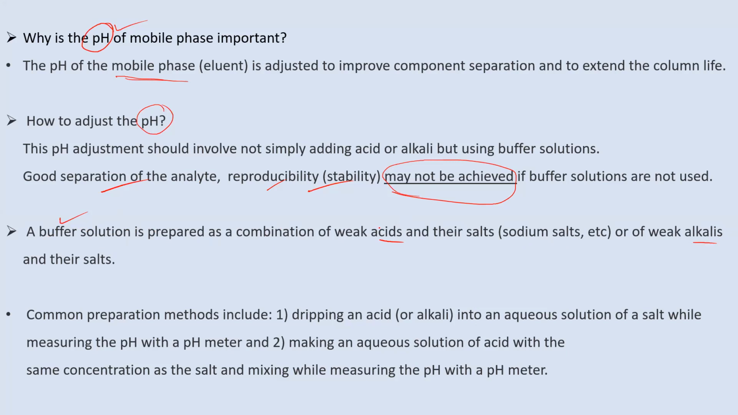Here you will use either a weak acid and a weak base. You may also use their salts, just like sodium salt. So sodium acetate is there, sodium carbonate is there, so you can use those salts also. So it's a combination of an acid and its corresponding conjugate base. It is not strong, but a weak acid or weak base. There are common preparations, like if you want to make a buffer: dripping an acid or alkali into an aqueous solution of salt while measuring the pH with a pH